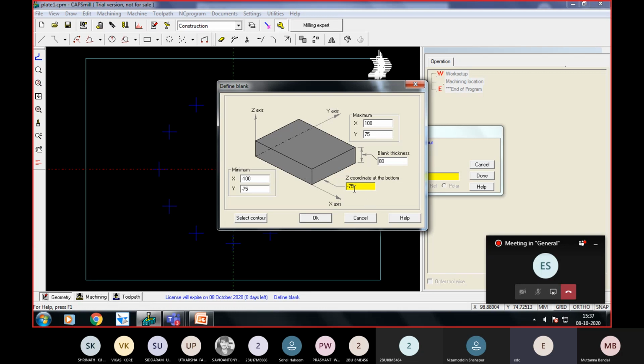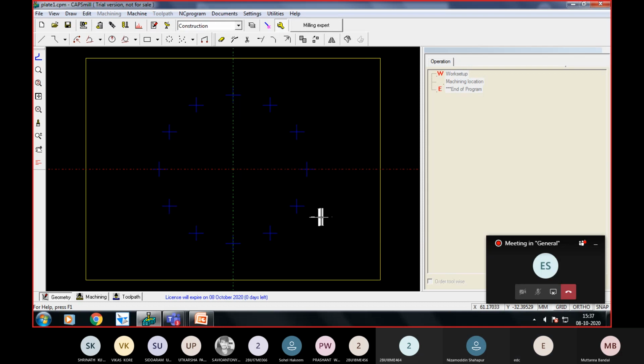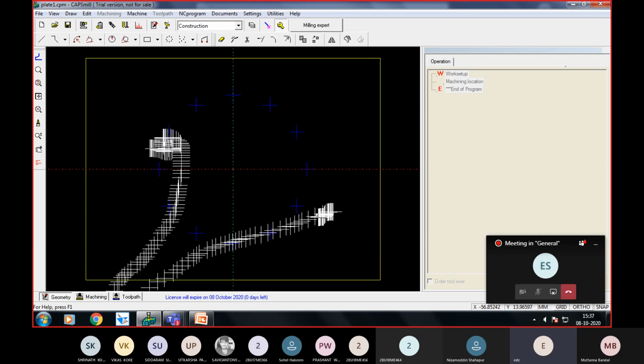So I have a minus 75 mm depth so that it reaches the table. I have to feed this as minus 75 in order to say where the Z coordinate lies. So I'll say OK. Now, once this is done, I have created the blank,